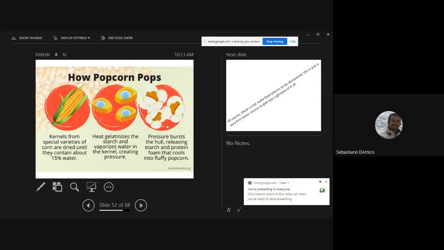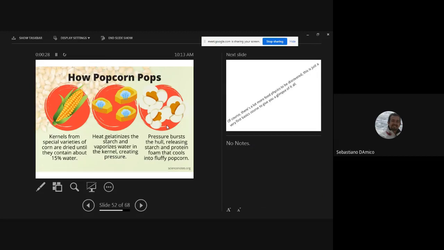Some varieties of corn can be dried, and what we store is just the seeds, and they contain about 15% of water. This water, when it's heated up, so we give energy to the system,